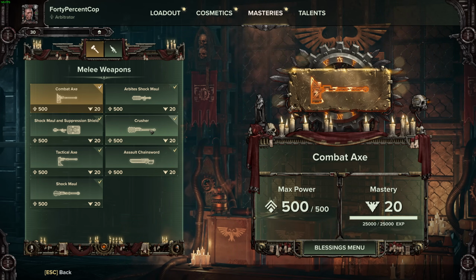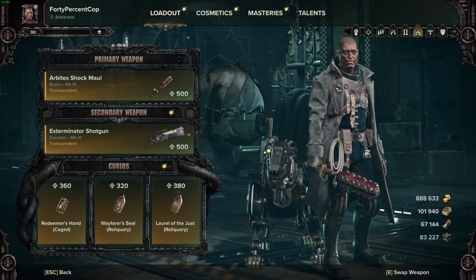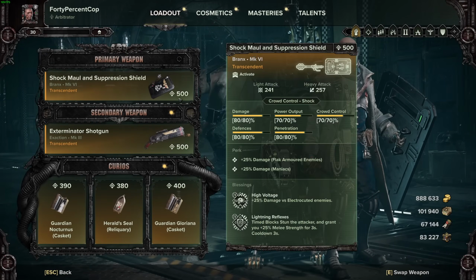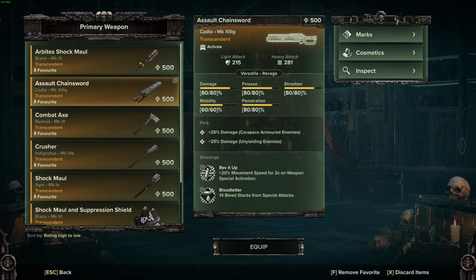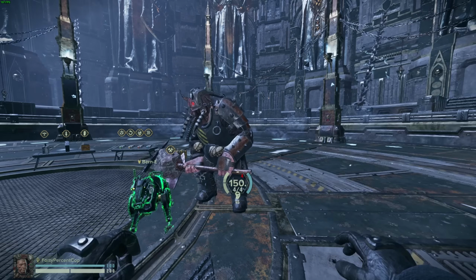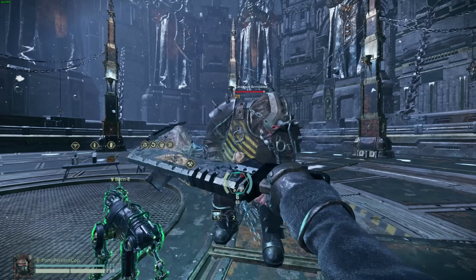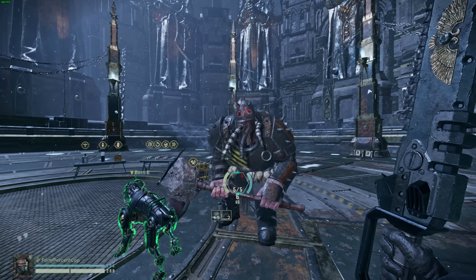My least favorite, I guess I'll get the spoilers out of the way, is the Assault Chainsword. I think this thing has not really come anywhere since the early days of the game. This weapon still just doesn't feel right, and it certainly doesn't feel right for the class. This thing doesn't have very much stagger potential at all, and it also doesn't capitalize on enemies that count as